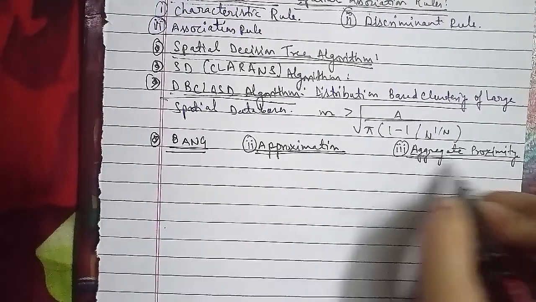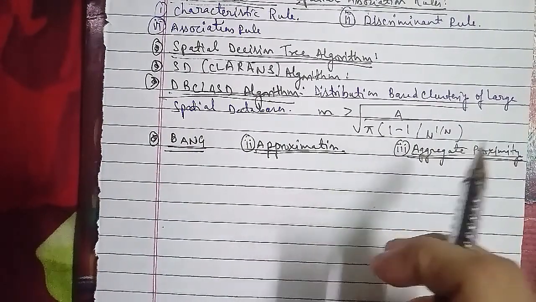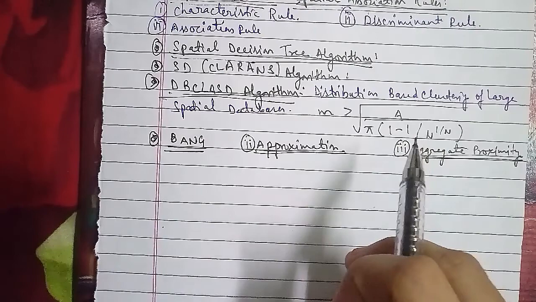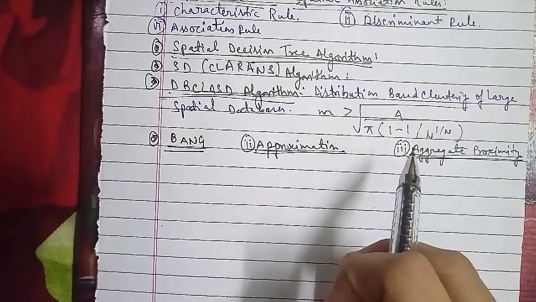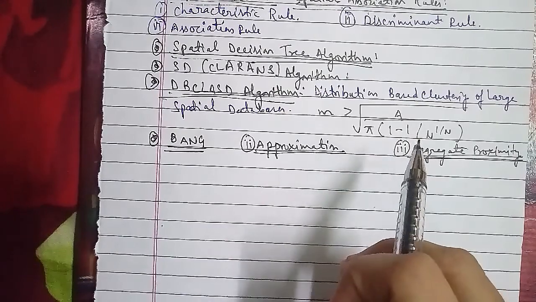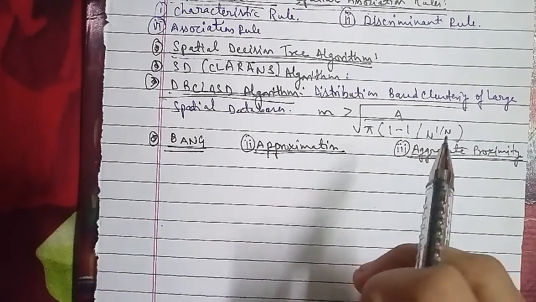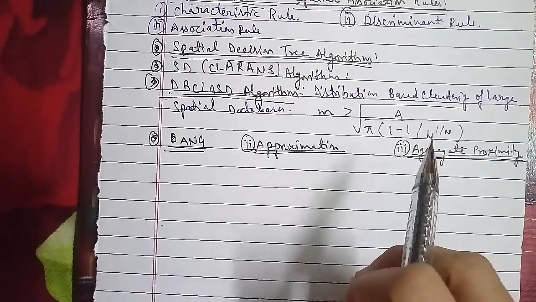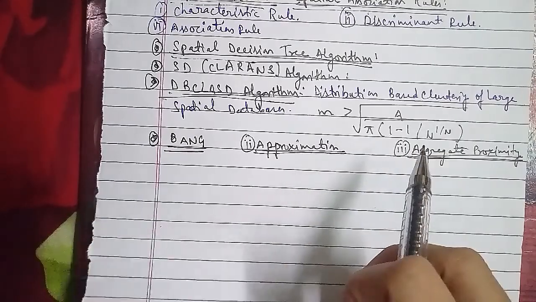In terms of aggregate proximity, it is defined as a measure of how close a cluster is to a feature. This is not a measure of the distance from the cluster boundary, but rather to the points in the cluster. Sometimes data structures such as the R tree cannot be used to efficiently find these aggregate proximity relationships. The aggregate proximity distance may be measured by the sum of the distances to all the points in the cluster.